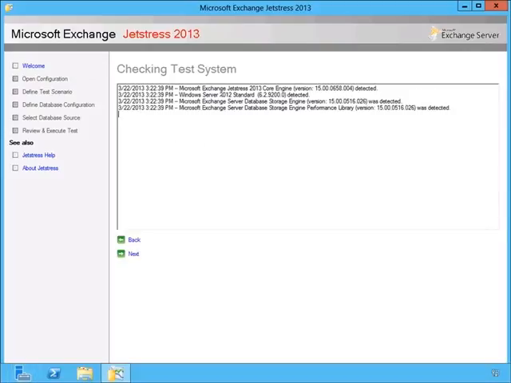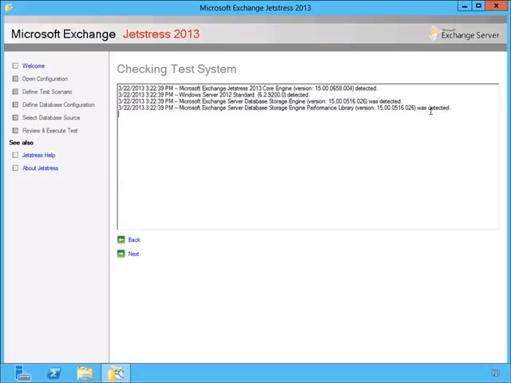Alright, and so you see it checks the system, it looks at a few different things, it sees that they were detected. Now, you may get an error message when running this yourself. It may look for certain files like ese.dll, eseperf.dll, eseperf.ini, eseperf.hxx. So if it looks for these files, it'll give you an error message here, and ultimately you just go